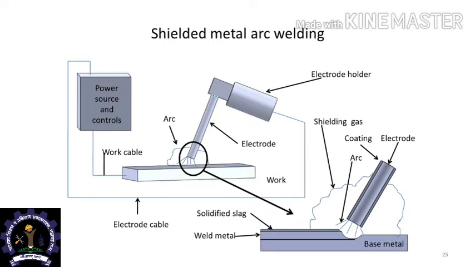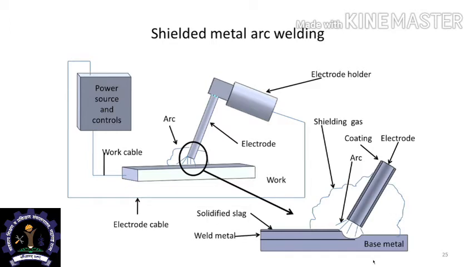In the schematic we are seeing that there is an electrode. The electrode is usually about 20 centimeters long, and it is a wire of a material typically compatible with the base material that you are going to join, and it has a coating on the surface. The electrode is gripped by an electrode holder, and the polarity is applied to the electrode using a power source. The power source has the respective controls, and the work table also will be earthed and connected to the power source. In the schematic here you are seeing how the welding process takes place.